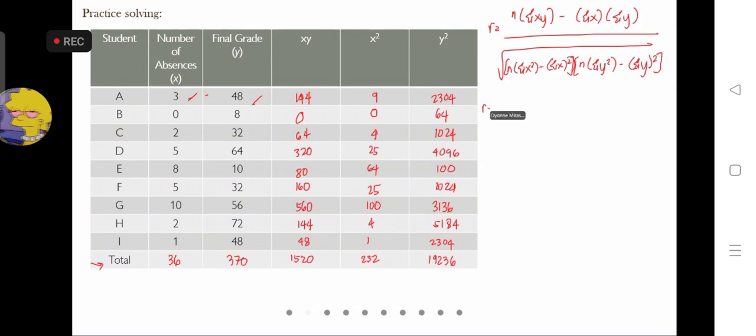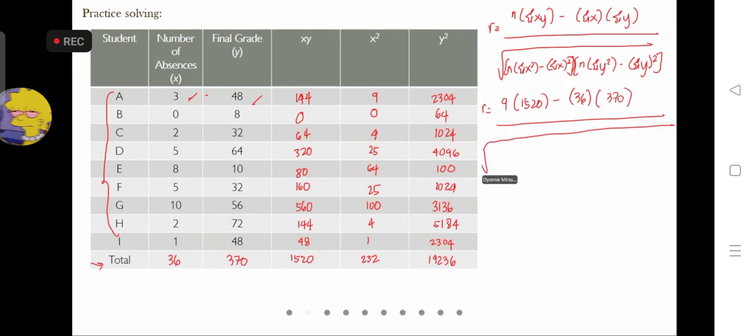So, plugging in our values, n is 9. Okay, 9 man siya dire. So, 9 times summation of xy is 1,520 minus summation of x is 36 times summation of y is 370